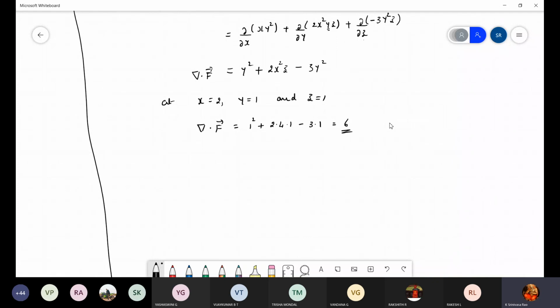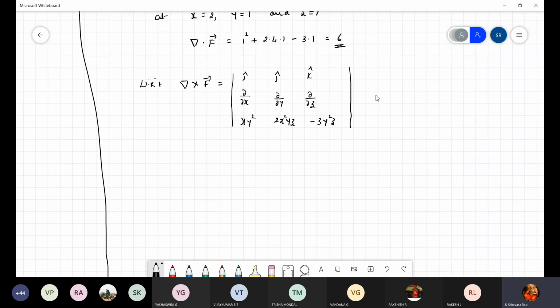We know that curl f equals del cross f, or write it in word form also. Curl f equals determinant of i, j, k, ∂/∂x, ∂/∂y, ∂/∂z, and components you can write directly: xy² first component, 2x²yz second component, and minus 3y²z third component. Yes. Now this is equal to